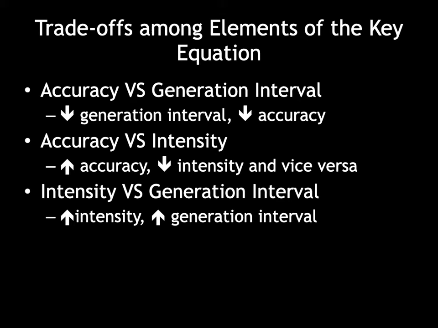Because of that, the accuracy of selecting these animals based on the data is also low. So in simple words, a short generation interval means a short duration that we can use